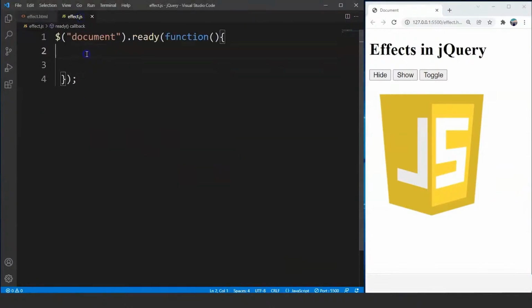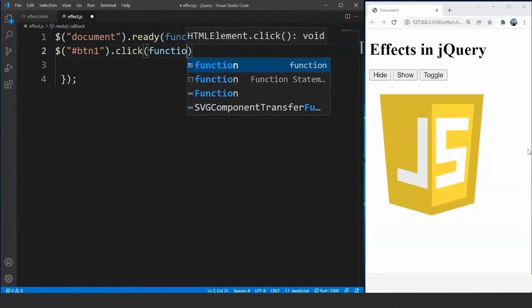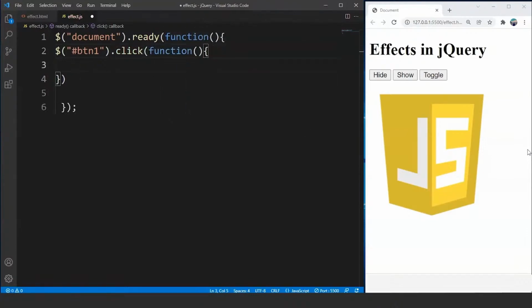So here's a JavaScript file and we have the ready function over here already. So we'll write the code inside this particular event only. Now what we'll do is we'll write here $, and then we'll write here #btn1. We'll access this button with id btn1. Then we'll write here click is the event, and we'll write here function, and the function is going to be